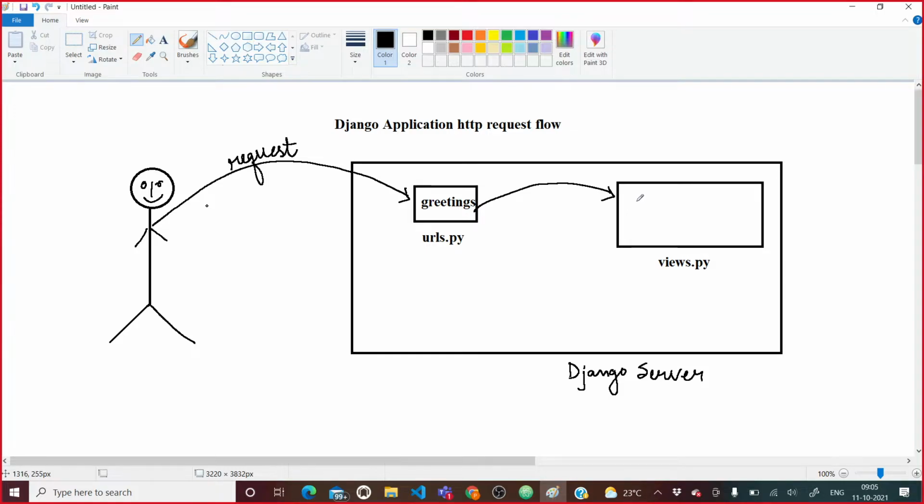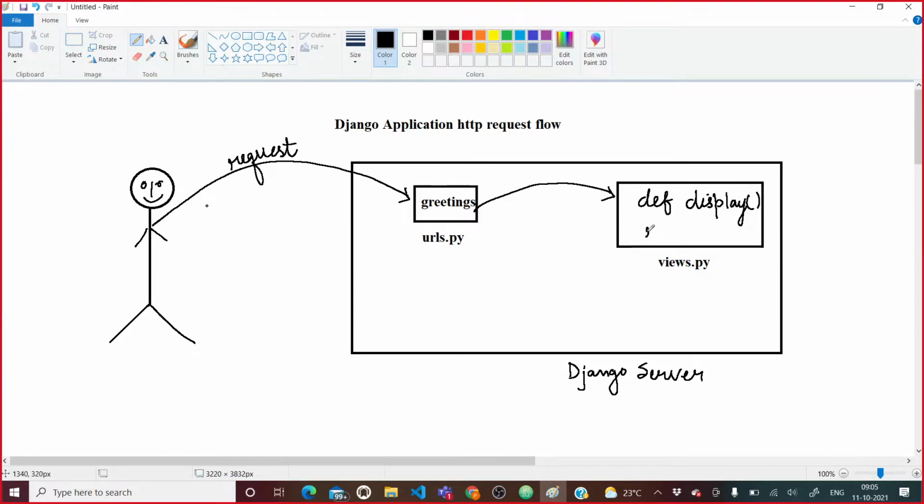Here you have defined that if someone hits this url pattern, then you need to execute this display function. This display function is going to be executed.